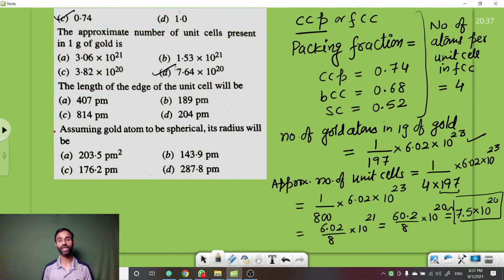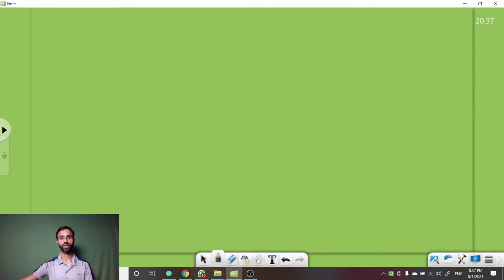Length of the edge of the unit cell will be. So tell me, what is the relation between edge length and density? Density is also given to you. Length of the edge of the unit cell. So you know,